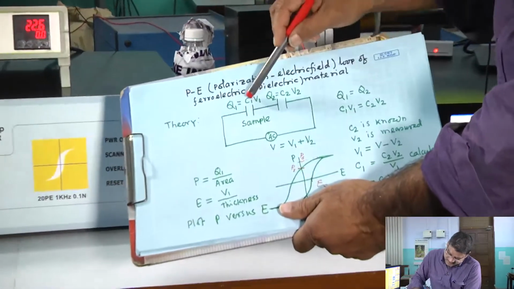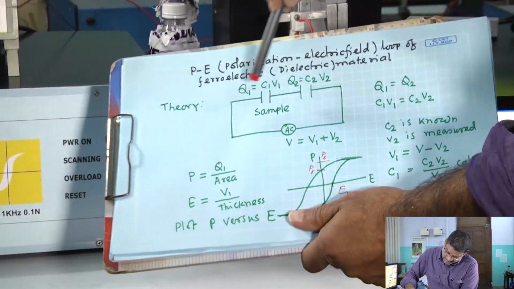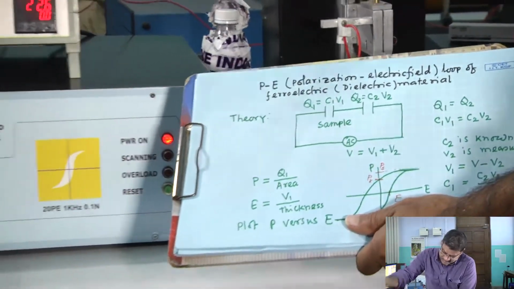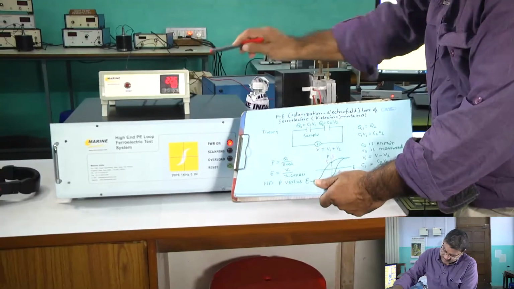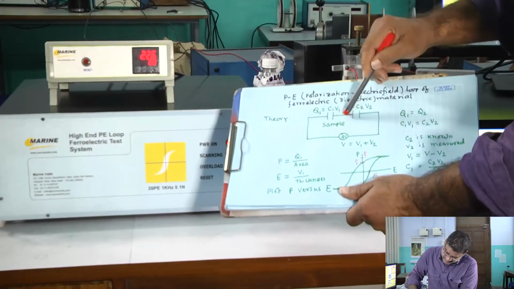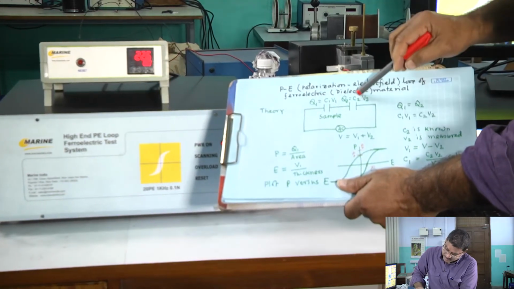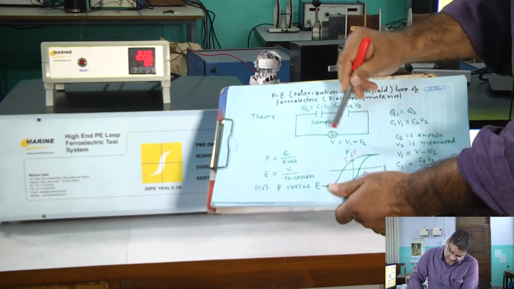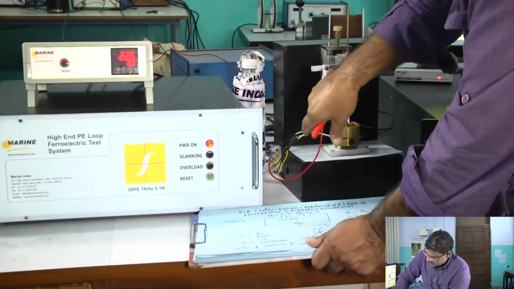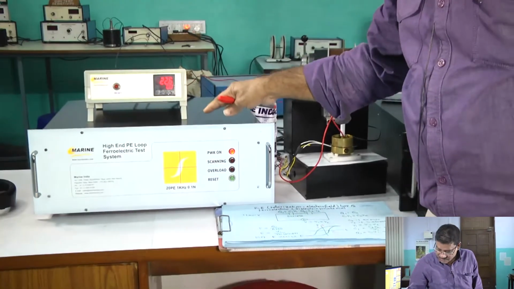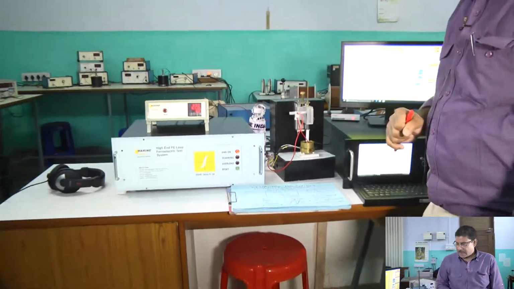So, this is our sample connection, these two wires have come. One has gone to the AC power supply, which is inside, and the other has gone to the known capacitor C2, inside the box. So, this circuit is completed, and it is in this box.